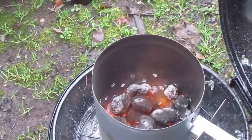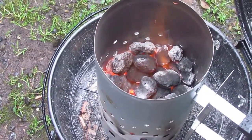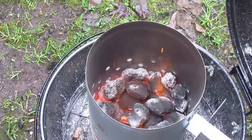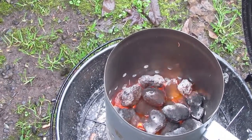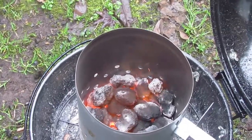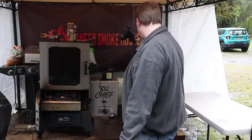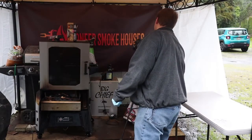Now, if you check this video out, there's no smoke, and you can see that all the edges of all the charcoal are white, and it's actually burning through the middle, so you can see the consistent flame. I call it a jet engine. It just burns right down the middle. And so now we'll go ahead and get that